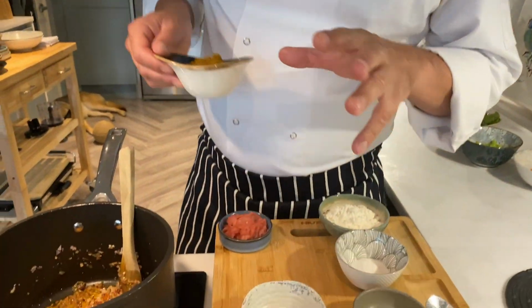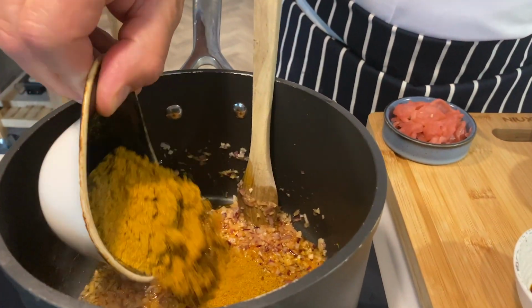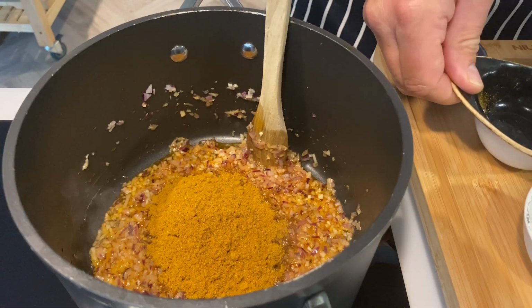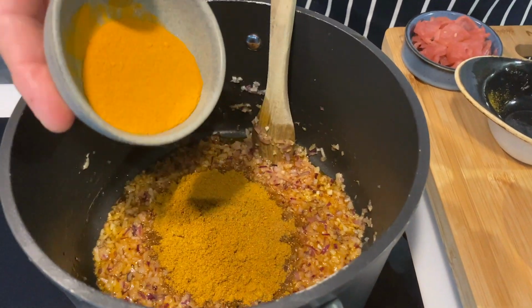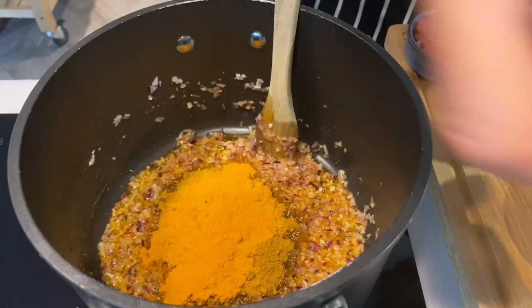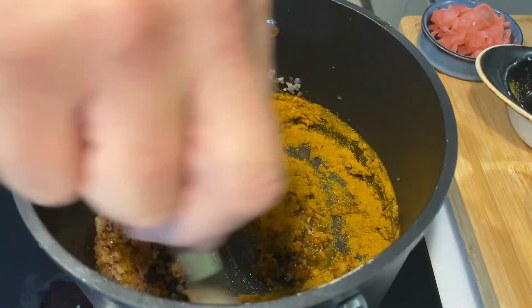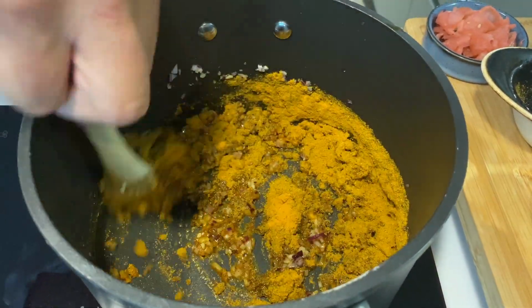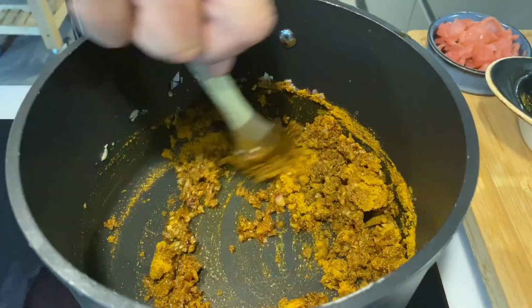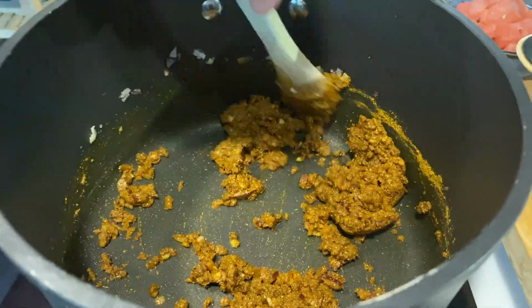Now we're going to add our dry ingredients. We've just sweated all that down so it's lovely and soft. So we're going to start adding our curry powder, which is mild. Again, if you want hot, you can use hot. You can just change up slightly. That's our turmeric going in. And what we're going to do is get all this starting to release its flavour. So we just stir this in. And we're going to let that sit on there and cook out for 5-10 minutes before we start adding stock,